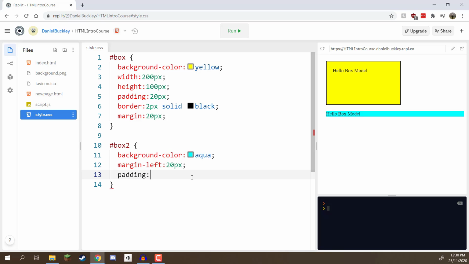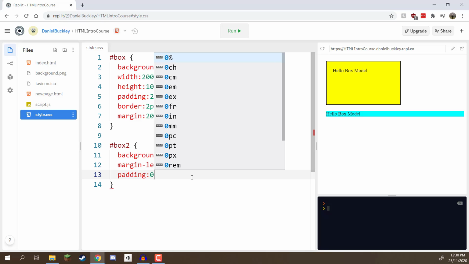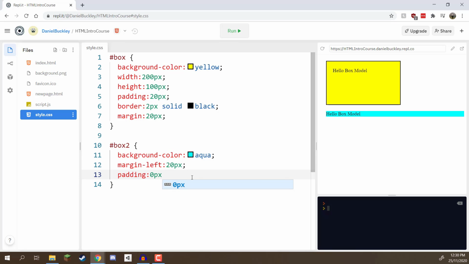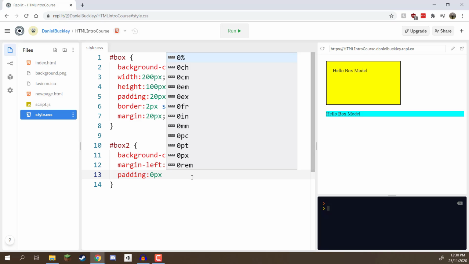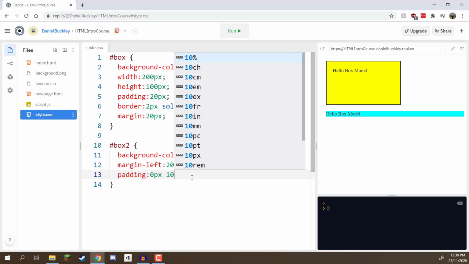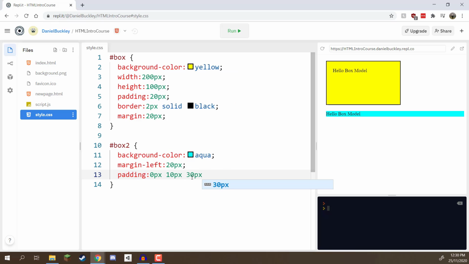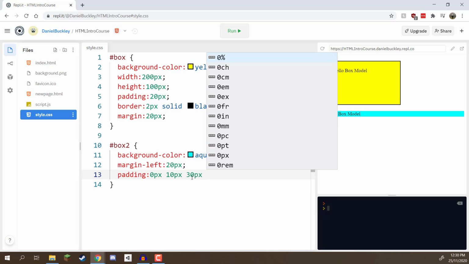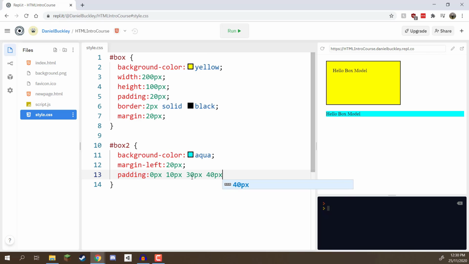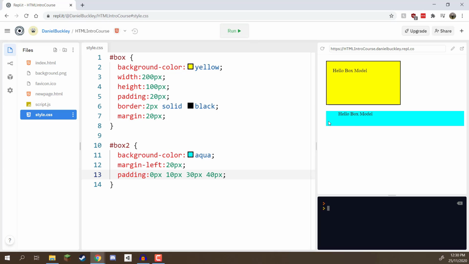So here's what I'm going to do. For the top, let's just say we want a 0 pixel pad, so I'm going to go 0px. We're then going to do a space, and specify the right side padding. I'm just going to go 10 pixels. We then need to specify the bottom padding. I'm going to go 30 pixels. And then for the left-hand side, I'm going to give it a 40 pixel pad. Add in your semicolon, click run, and you should see here that we have different padding for different sides of